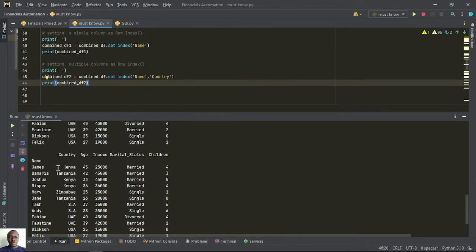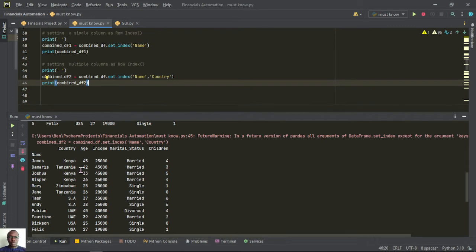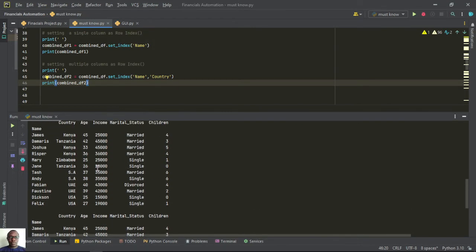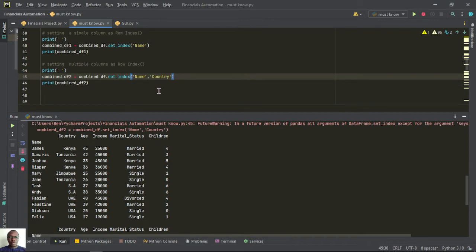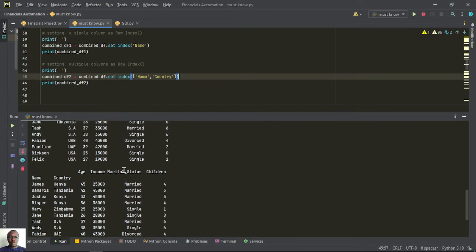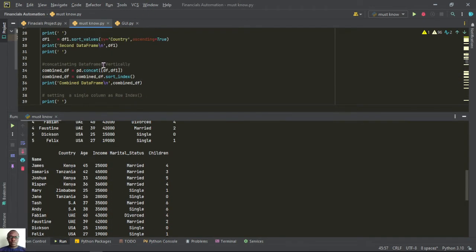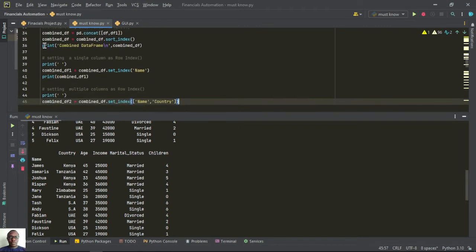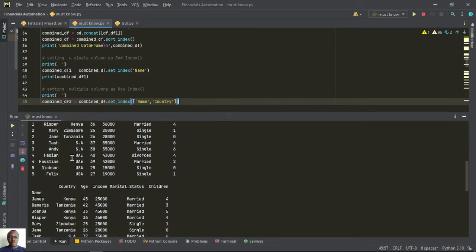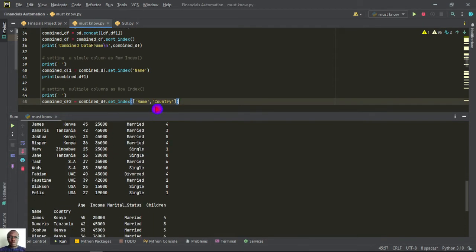So down here we've set two, combined df2 combined set name index. So there's an error. So let me put this one within the square brackets. Then let me run the code again. So now when you check on these two data frames, okay, let me leave it as it is, but let me just try to explain what I mean by multiple